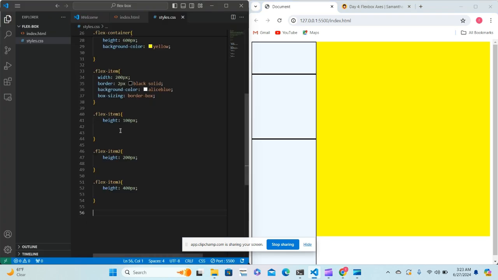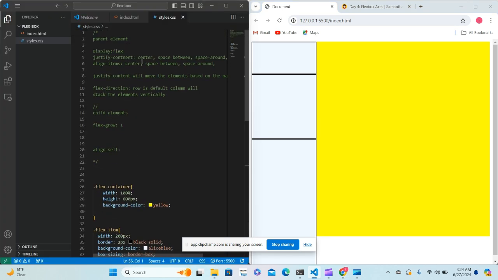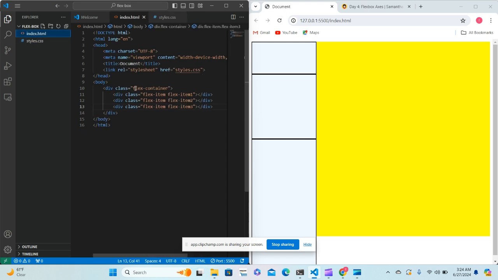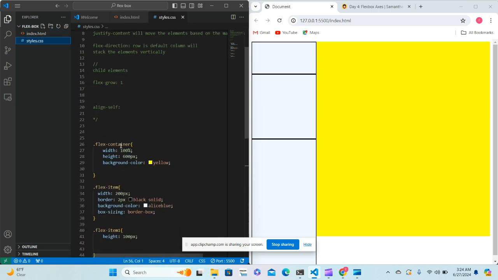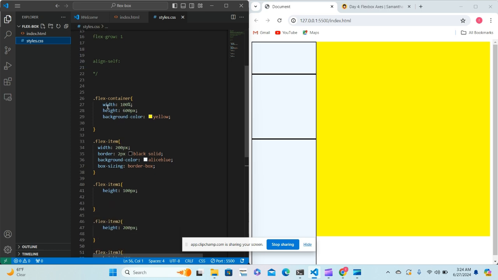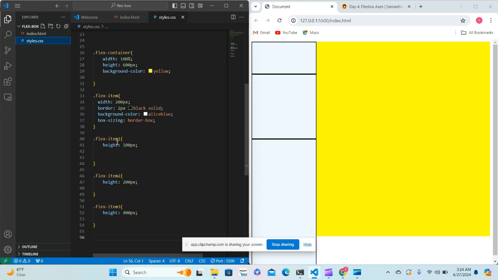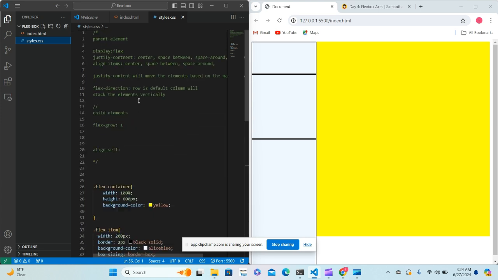I'm going to explain the main things I learned for CSS flexbox. So here I have a flex container and 3 flex items. The flex container is the yellow background, and the 3 flex items have heights of 100, 200, and 400. And I'm going to go through how to enable flexbox,